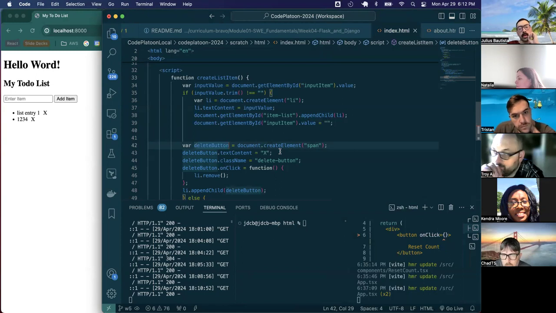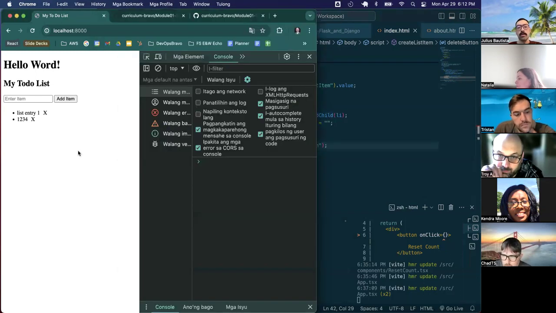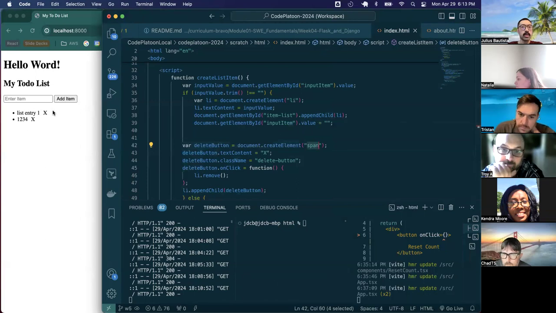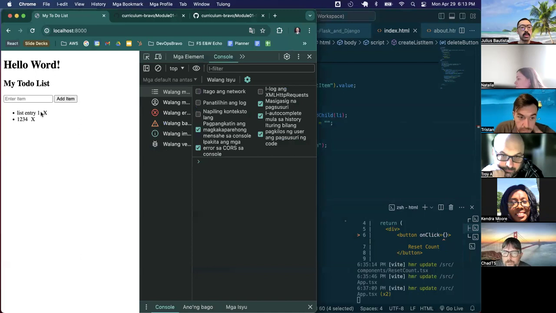We can talk about events a bit more, but on click is really just one of many, many, many events that your browser can capture, right? And you could access these events through things like listeners, or you could do them directly by attaching them to an element. And in this case, we are just creating a very basic element. It's just a span element. So clicking anywhere within this span, we should be able to delete